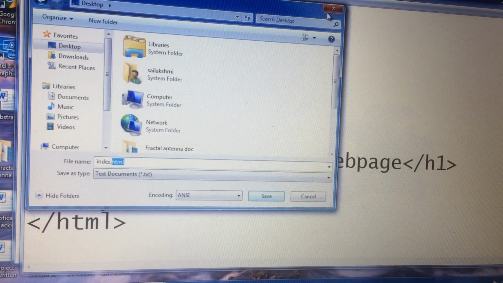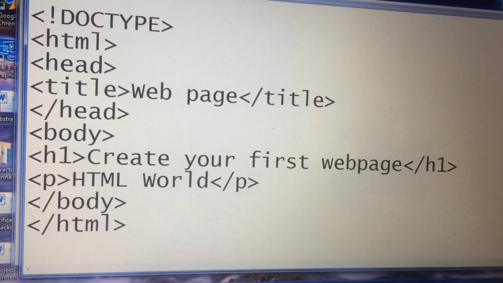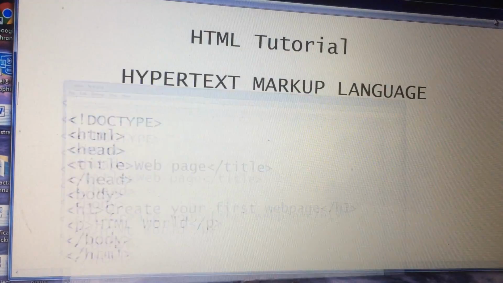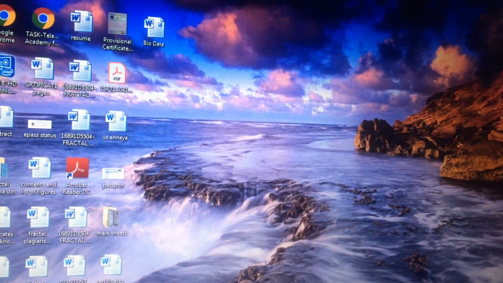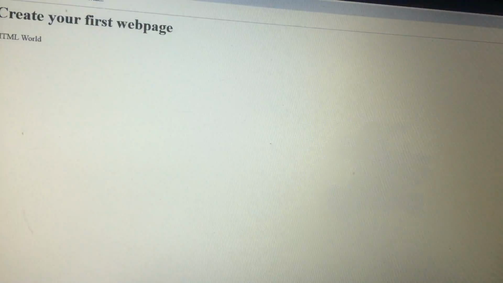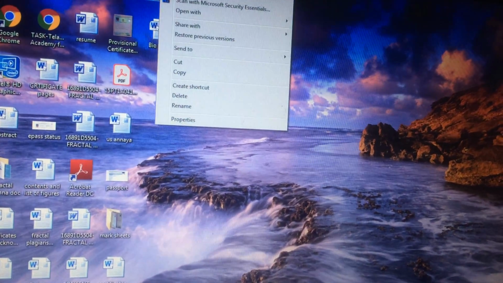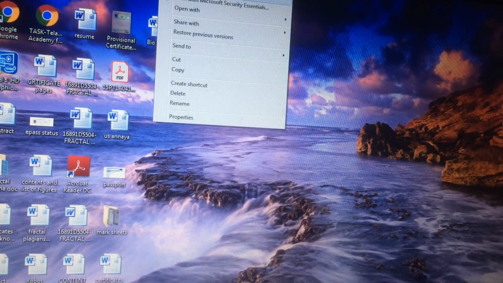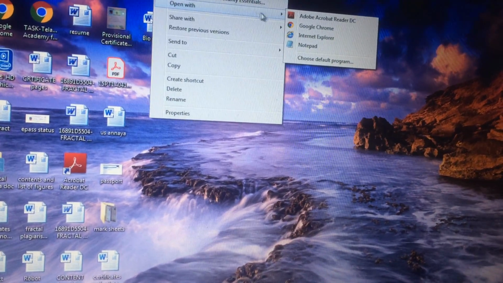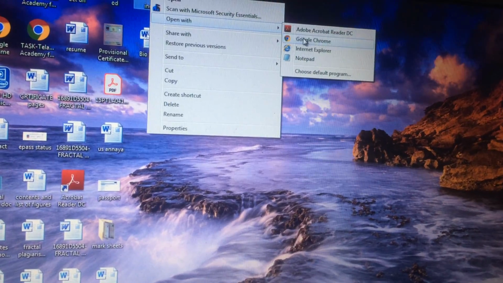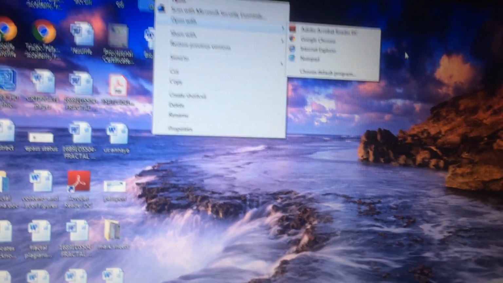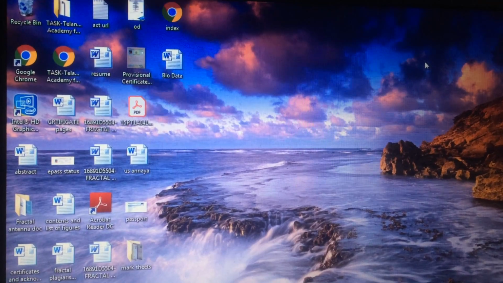Go to save. So I saved it on the desktop. Open it. If it doesn't open, then right click on the file and go to open with, and here we can see many options like Google Chrome, Internet Explorer. So anywhere we can open it.